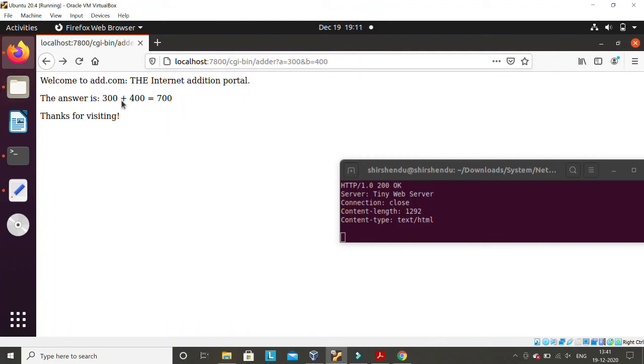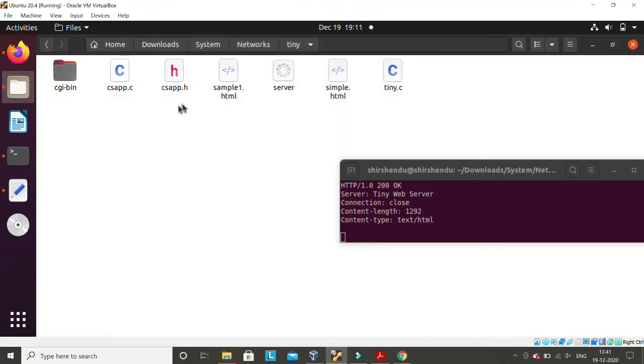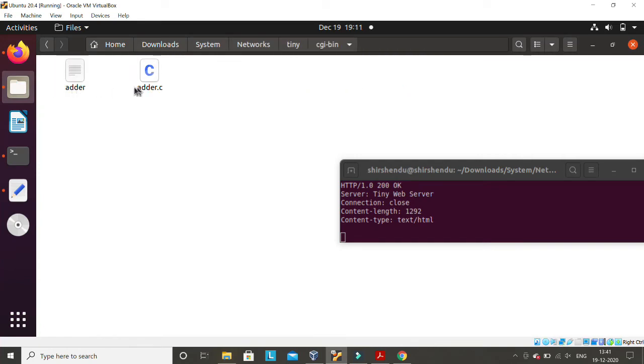It means when this request is coming here, I have to go to CGI bin, and inside the CGI bin there is a program called adder, and I have to run this program adder, and this adder program is capable of adding two values, and it can send the result. Okay, and that result is showing here.